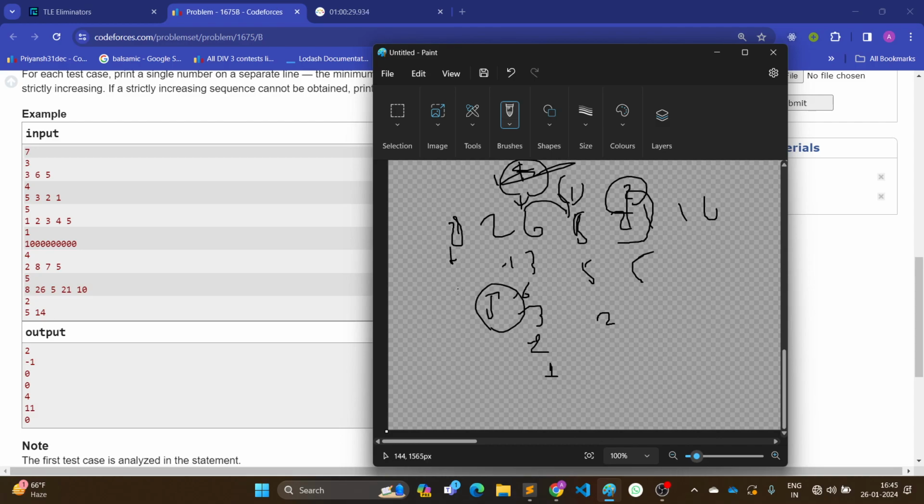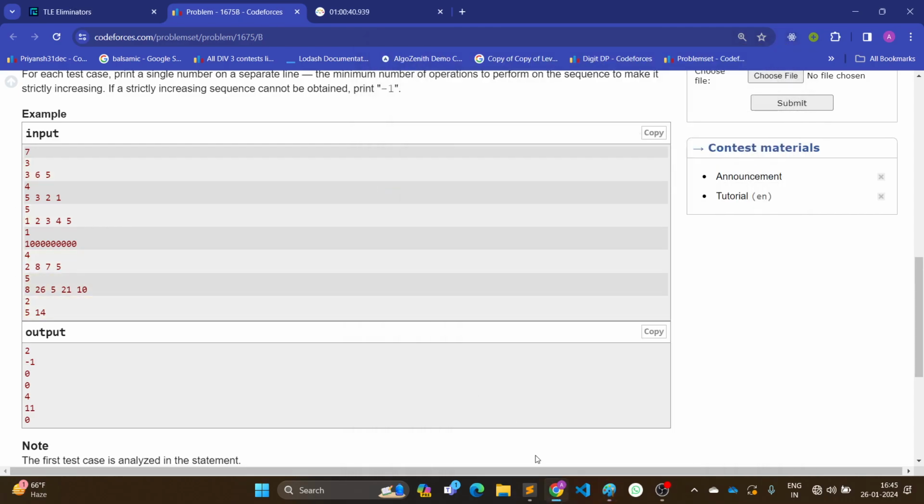Then this is again 4 times. So 5, 4, then 2. मुझे लगता है ऐसे ही आंसर रहना चाहिए।